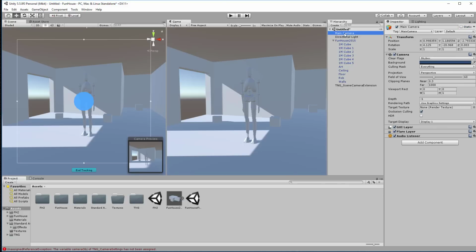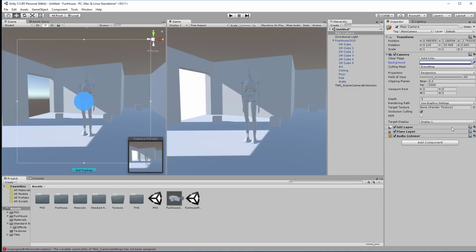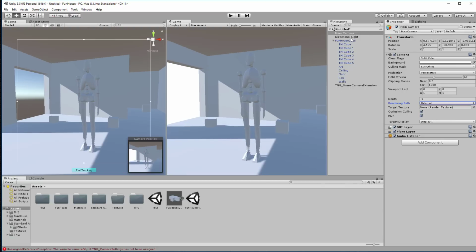Let's go to our camera settings. I'm going to change the skybox to a solid color. I'm going to choose that to white. I'm going to go into this area, HDR, turn that on. Under rendering path, I need to say deferred. So, zoom in a little bit. Okay, and then